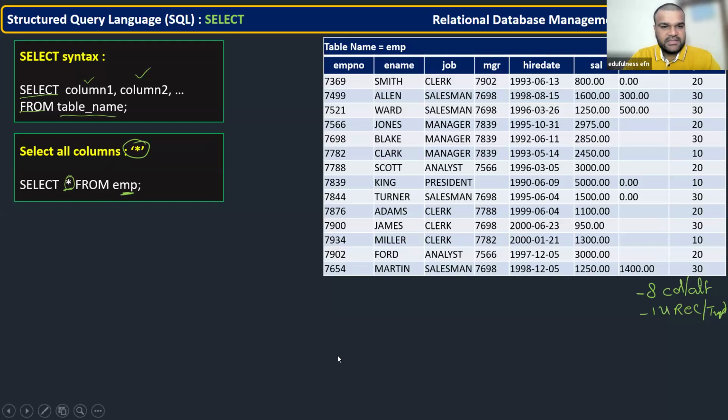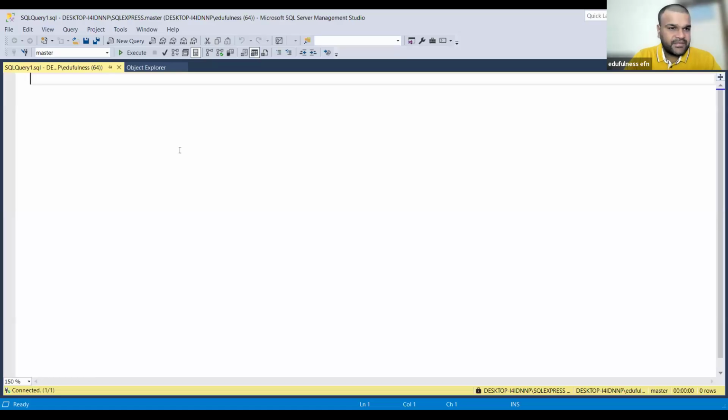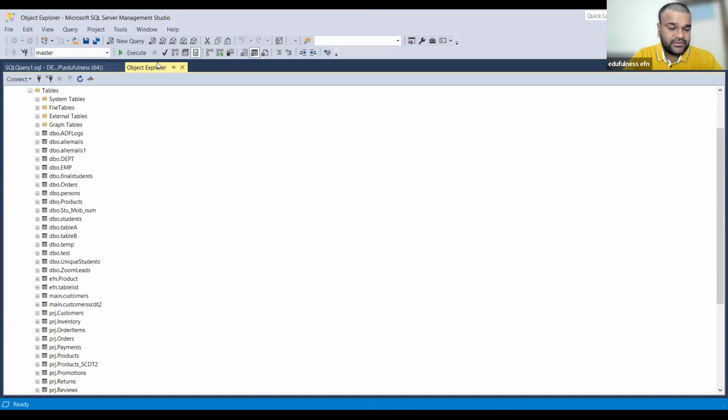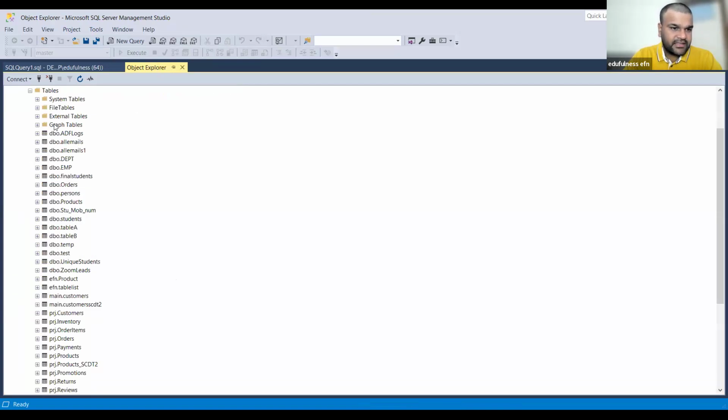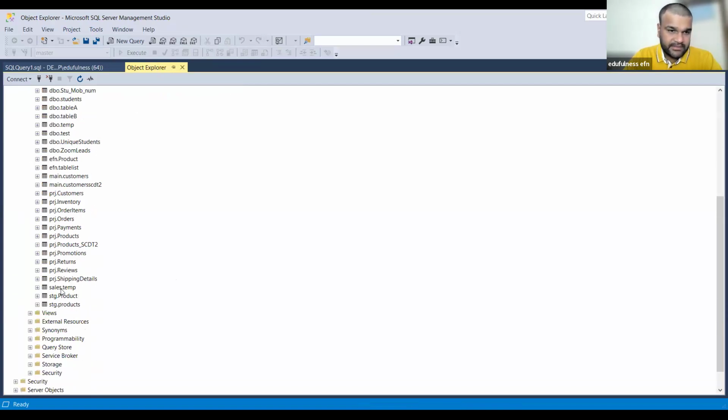So here, this is the SQL Server Management Studio, SSMS. And here you can see this hierarchy. Maybe tomorrow or the day after tomorrow we will see the database, SQL Server structure actually, or any database server structure. In this, our database is FNDB. In that you can see the Tables section. If you expand, these are all the tables I have in my database.